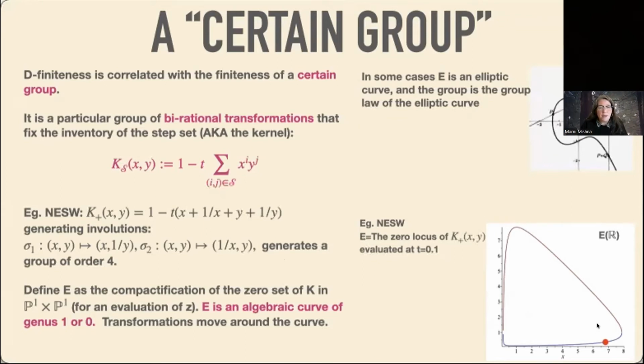Some groups are going to be infinite. They're going to sort of go off to infinity into the corner. But when the group is finite, I know it's going to be a maximum group of order 8. And I can actually pull a lot of information from this curve, like determine if something is D-finite or algebraic. And I can get criteria for it to be differentially transcendental. So this is the geometry of a lattice walk. I look at the inventory of this step set. I'm building a curve, and I'm interested in how I can move along this curve.